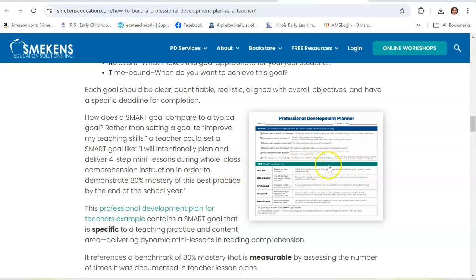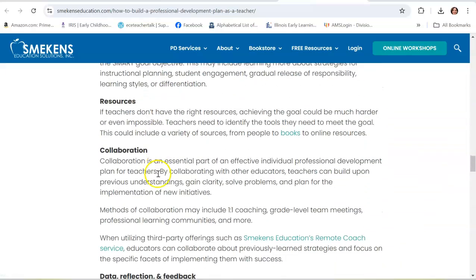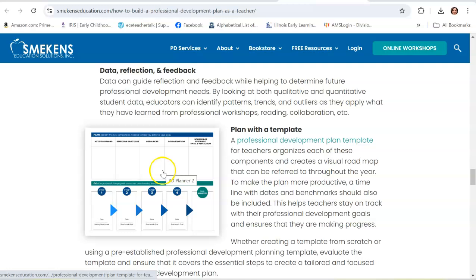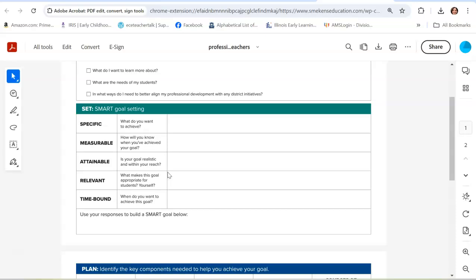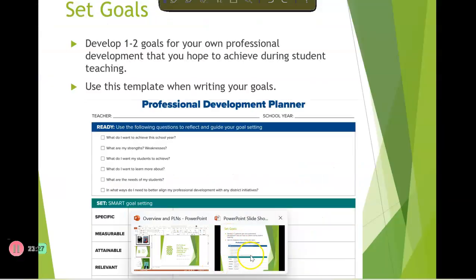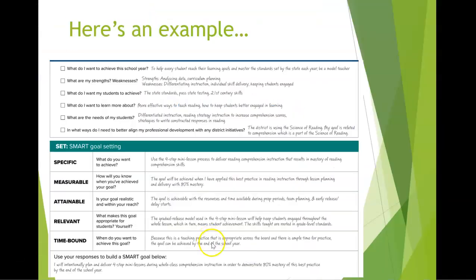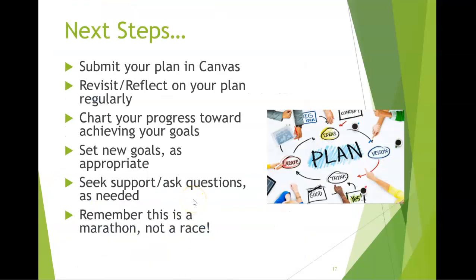And so this is one that's completed, just as an example. You'll see down here in step 3, you actually have a template where you can create this on your own. I will upload this as well into Canvas. You can download it from the website as well, but you can, like I said, you can print it, you can download it and type on it, whatever you prefer. And then once you have created this for yourself, you will submit this into, oh, here we are. I'm skipping ahead here. You will submit this in Canvas,